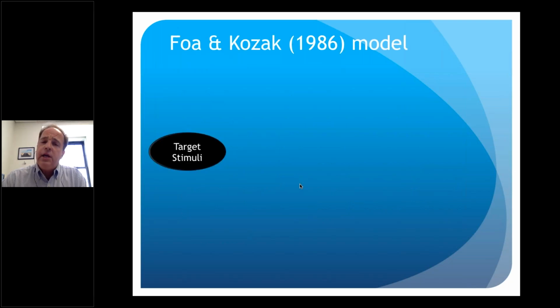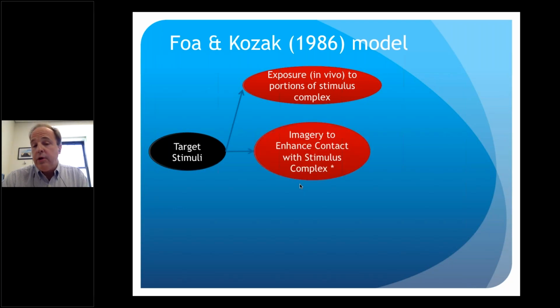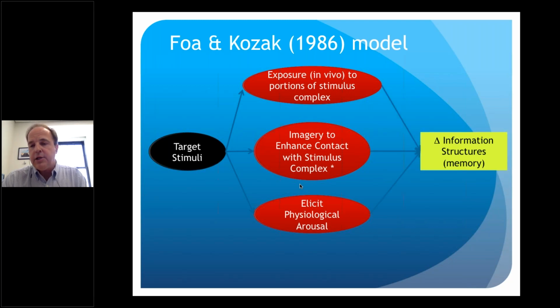So briefly, if we had to depict this model pictorially, it would look something like this. There's a target stimuli that's feared. There would be exposure, usually in vivo, to portions of the stimulus complex. There would usually be some imagery to accompany that exposure in order to enhance contact with the stimulus complex. I'm going to take a moment on that in a second. It would also be required to elicit some kind of physiological arousal, and that would lead to change in the